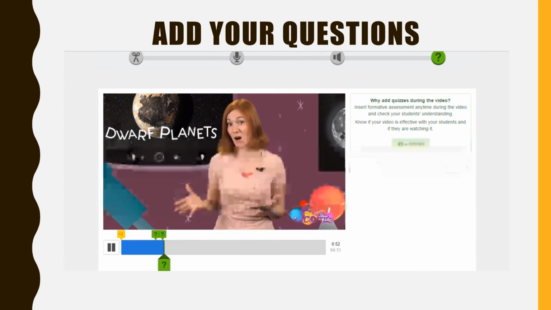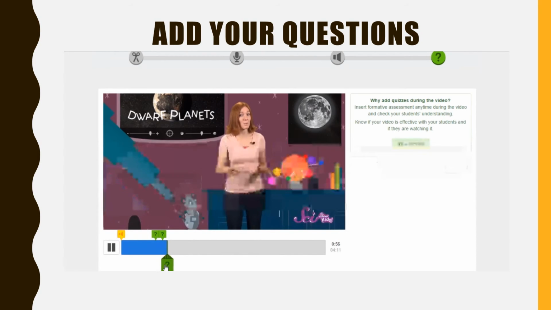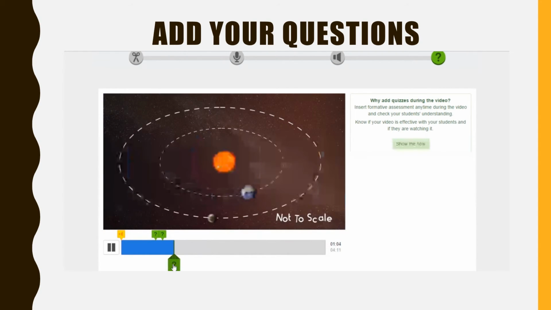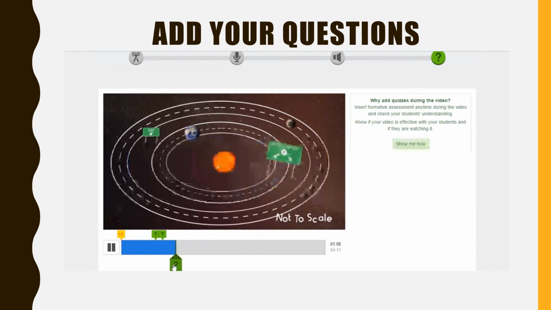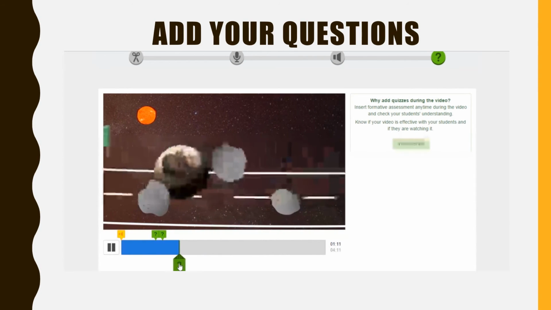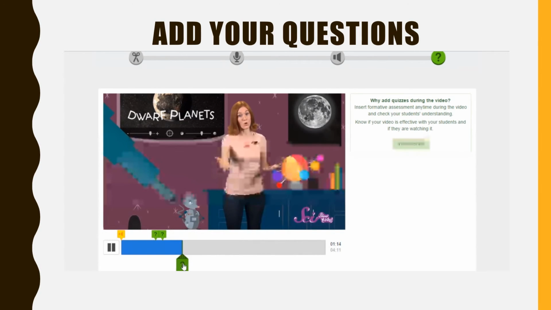Dwarf planets are much smaller, and their trip around the sun is probably a lot bumpier. That's because while planets like Earth or Jupiter have a clear path around the sun, dwarf planet paths are full of lots of other stuff, like asteroids. Think of orbits around the sun as being like lanes on a highway. Regular planets have a lane pretty much all to themselves, but dwarf planets are always sharing their lane with lots of other things that are moving around with them. So that's what makes a dwarf planet different from a regular planet. Its size and the amount of stuff that's around it. Even though